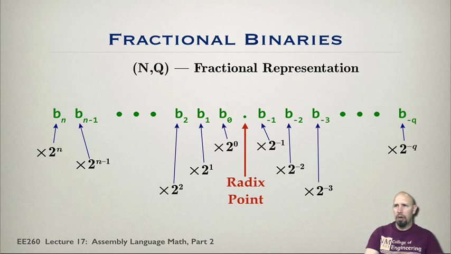And so the fractional representation, N and Q, or it's often N comma Q, or sometimes N point Q. N here refers to how many points to the left of the decimal point, and Q refers to how many points to the right of the decimal point. That's a very common notation that we use for fractional numbers. N and Q refer to the number of bits before and after the